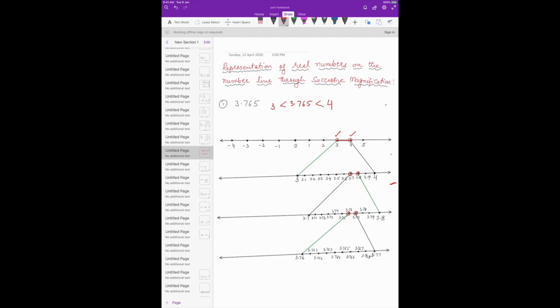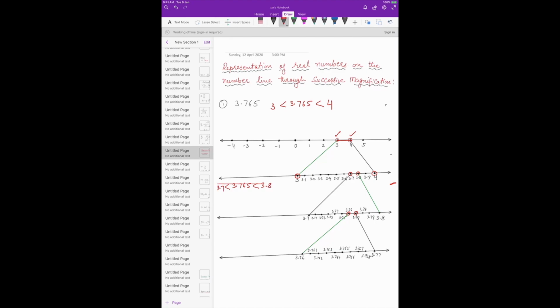So what we have done is, on another number line we have taken two numbers 3 and 4 only, because we are going to magnify the portion between 3 and 4 only, and the rest of the number line we are not going to be bothered about. Now in between 3 and 4 there lie numbers like 3.1, 3.2, 3.3 up to 3.9. Now if I ask you that 3.765 lies between which two numbers on the second number line, surely you will say it will lie between